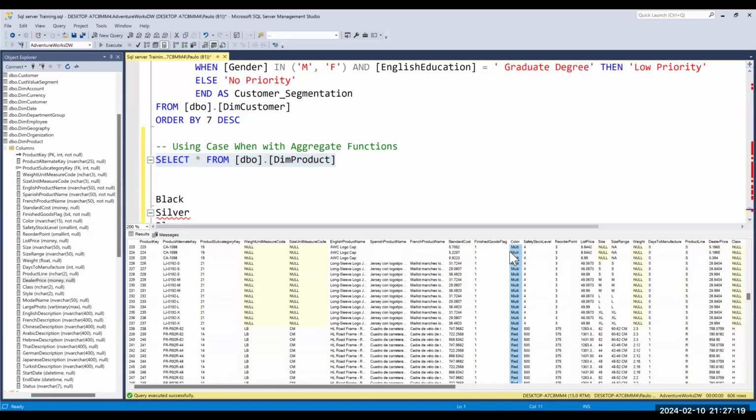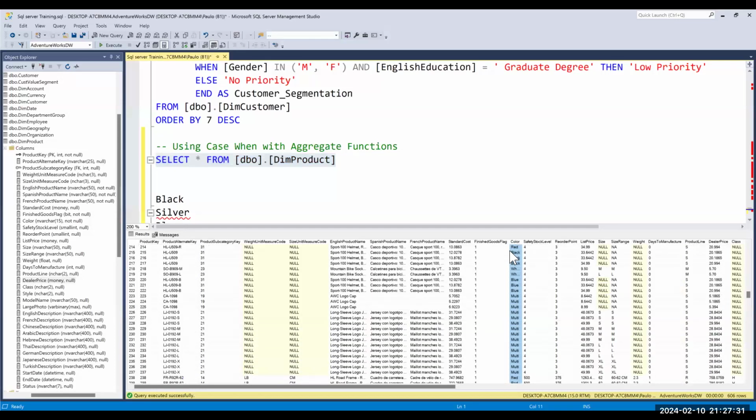If we have 50 products that are black, that means you see black appearing 50 times, right? So I don't want to say that. I want to say how many number of black products do we have? How many number of silver? How many number of